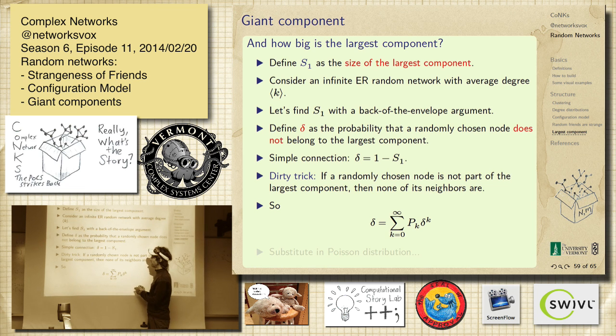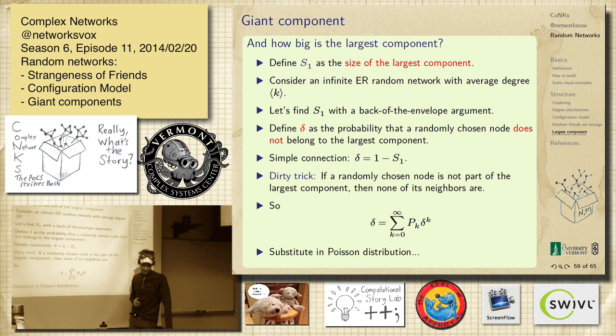So let's randomly choose a node, and we'll look at its friends. We're going to say something about this node based on its friends. This has to be tautologically kind of true, right? If you have k friends, and you're not in the giant component, then none of your friends can be in there. So it's delta times delta times delta times delta, and then we sum over all of them, and that has to equal your chance of not being in the giant component. People use it; these are in textbooks.